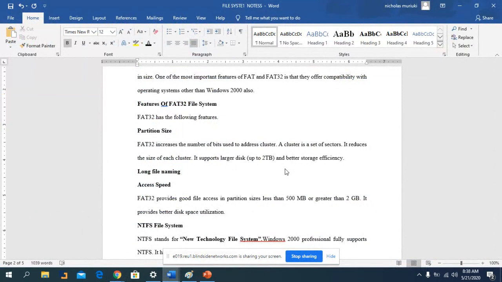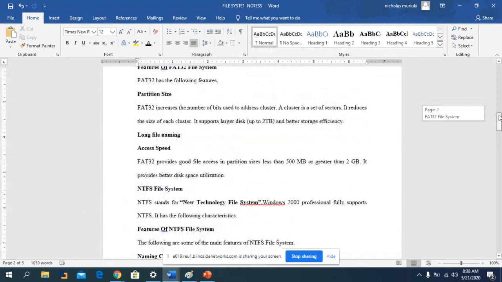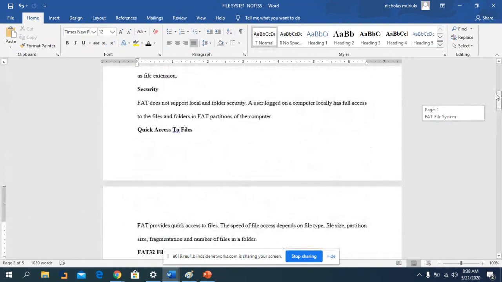So this one allows long file naming, and we can still allow access speed. Access speed is higher than when you look at FAT. That's why we are saying FAT32 provides good file access in partition sizes less than 500 MB. So if it is less than 100 MB or greater than 2 GB, it provides very high speed, and it also provides better utilization. So that's why we say FAT and FAT32, it's just an